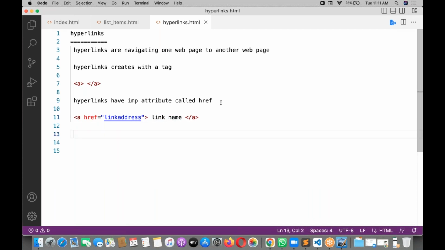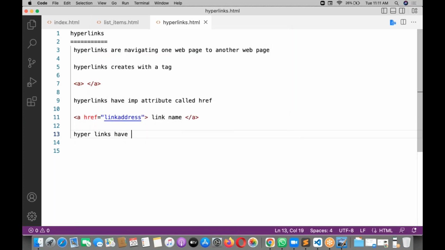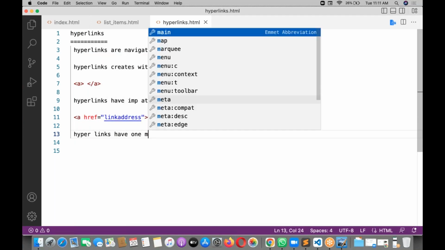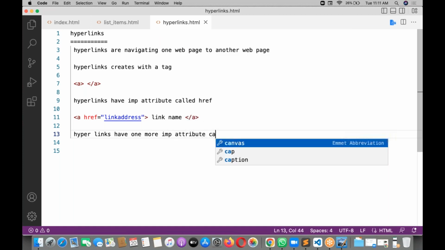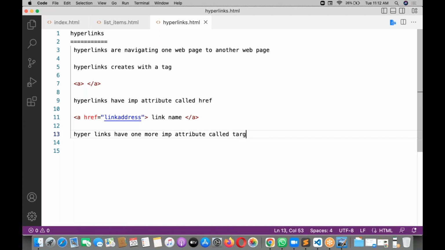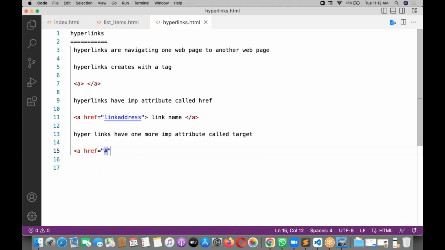And hyperlinks have one more important attribute called target. Okay, how will target be? I will show. A, href, and some link you can provide.